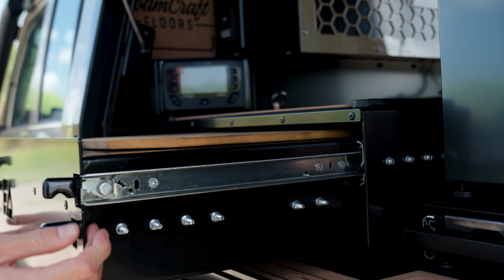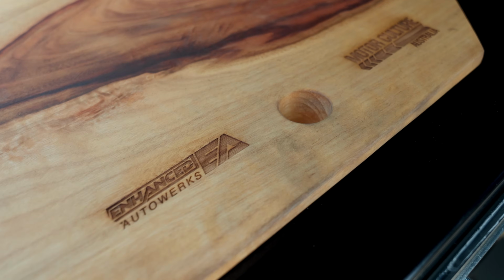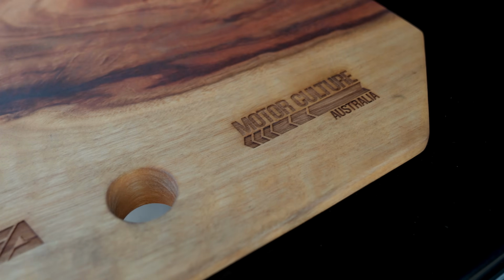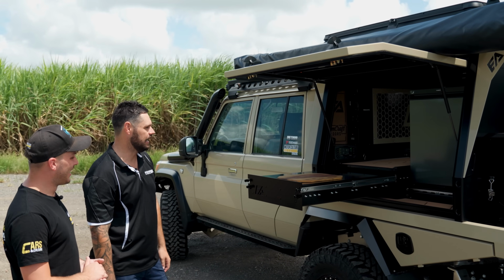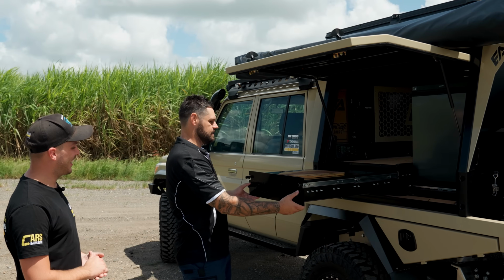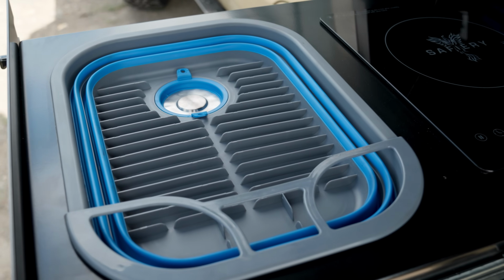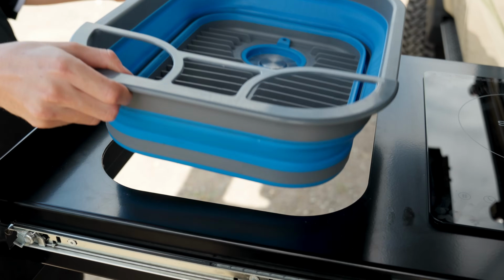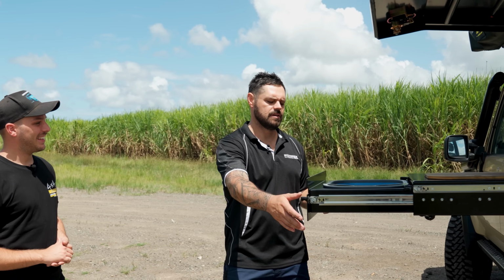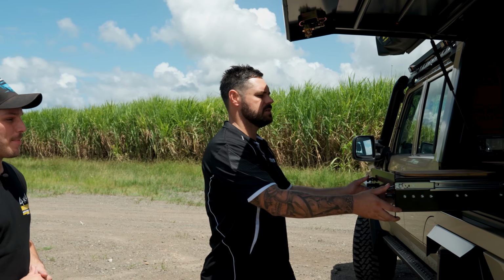So one of the fanciest things on this side, I think, is our little chopping board that we've engraved both of our logos in, which is pretty flash. Cool. One for sure. Yeah. So it makes life on the road pretty easy, being that we've got an induction cooktop in there and a sink for all cleaning duties. So we've tried to pack as much as we can into a smaller space on